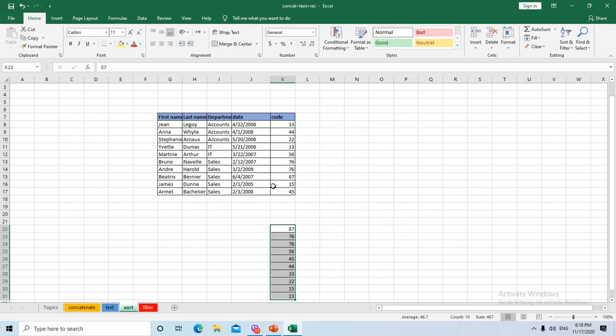But if I want to sort this column, which is inside a table,